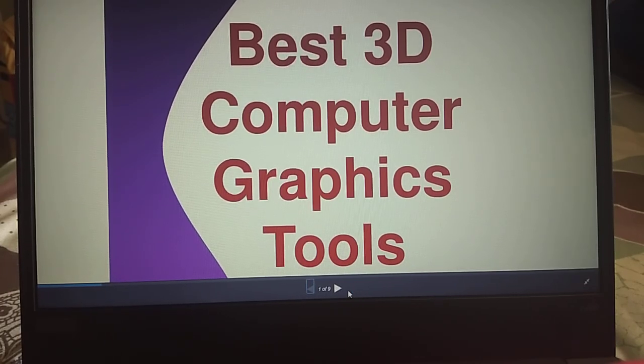Then 3D computer graphics is rendered from a 3D model. The model is contained in graphical data files. A 3D model is actually a mathematical representation of any three-dimensional object. So this is 3D computer graphics.